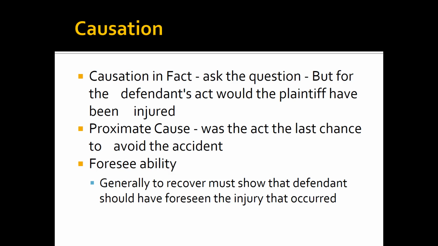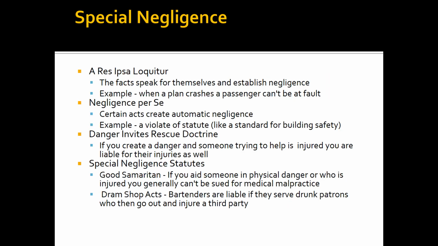If you come up to me and say, should I stick a sharp object in my eye? And I say, sure, go ahead. And you do it. Well, what was one of the causes? You did it because I told you, sure, go ahead and do it. Yeah, but is it foreseeable that someone would stick a sharp object in their eye? I think the answer there is not usually. So it would be an unforeseeable accident. Therefore, you might have a defense.